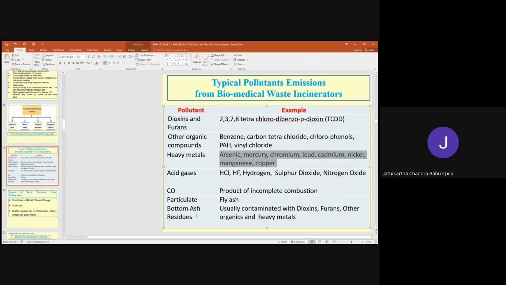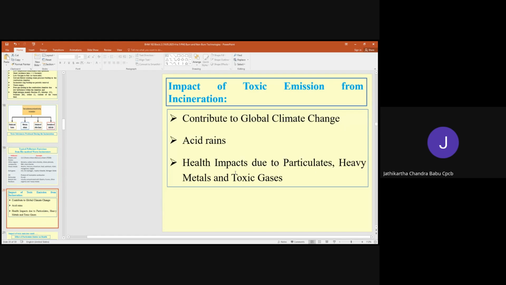Apart from this, we are going to generate fly ash. Fly ash is going to be a harmless compound, and this you can dispose of in a landfill. Therefore, these are the problems associated with incineration. If it is not properly adopted, it is going to cause air emissions, global warming and climate change. Also, it may cause acid rains. It may also have health impacts due to the particulates, and the toxic gases may cause impacts